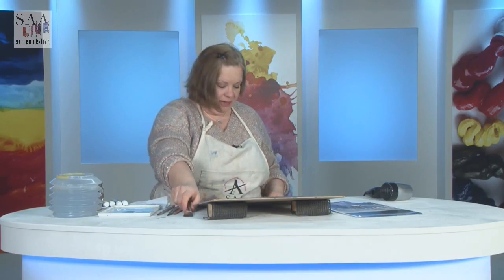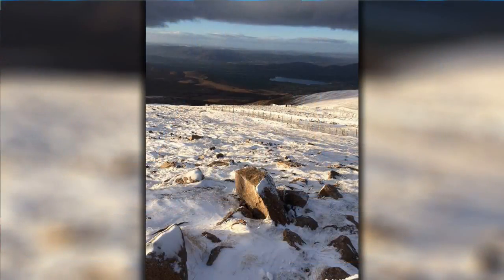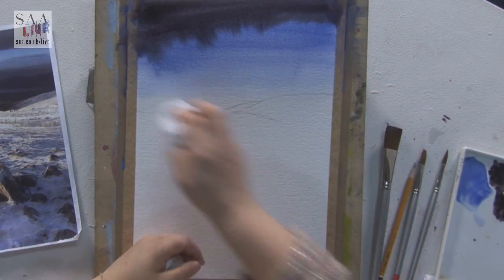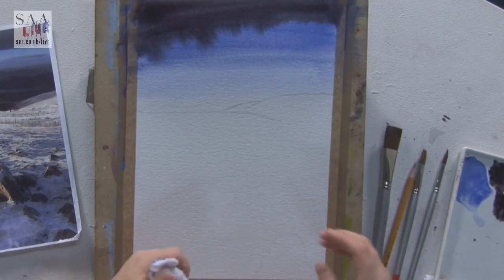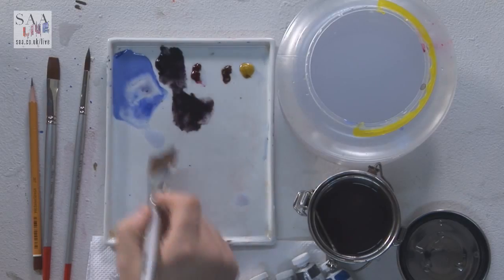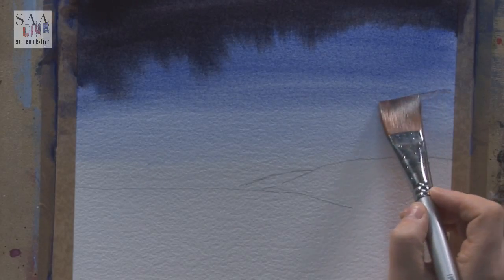With the background, I have to think about aerial perspective, which is the mountains. There's lots of mountains and lots of ranges in this picture. I'm not going to do them all. I'm not going to identify them all. But what I want to do is just show the distant hills and the ones in the foreground. And by doing this, what I need to do is create aerial perspective. And this is when a little bit of the red and a little bit of the blue, quite light, I'm just going to add